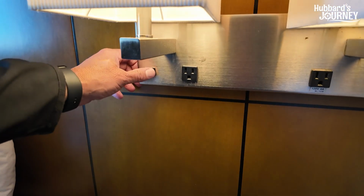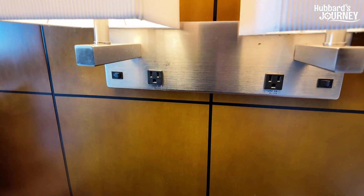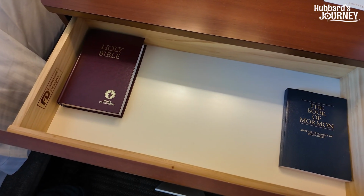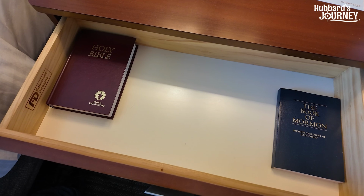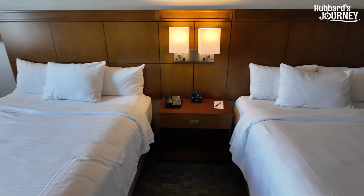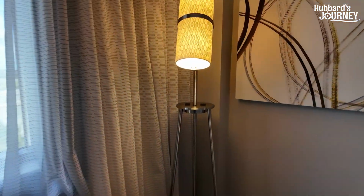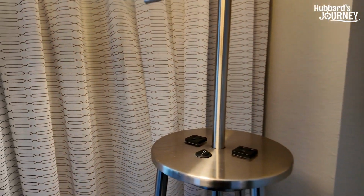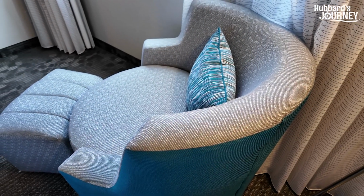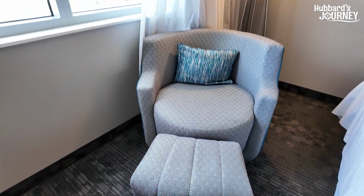Let's take a look. The switch, and 2 outlets. Very cool. Alarm clock, phone, and you've got 1 middle nightstand where you have a Holy Bible and a Book of Mormon. That's a huge headboard. It's really a nice looking room. Corner lamp. The lamp's similar to the lamp in the other room. It's got 2 outlets on it. Now this room doesn't have a pull-out twin bed like a sofa couch. It has like just a chair,